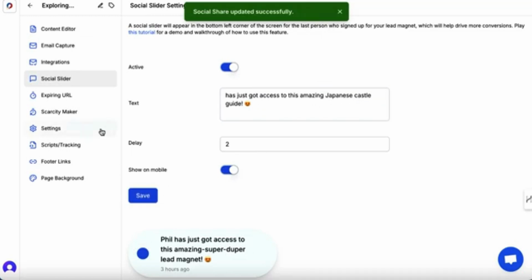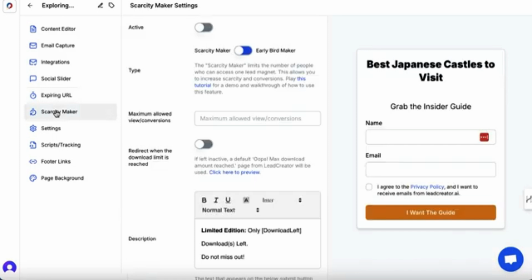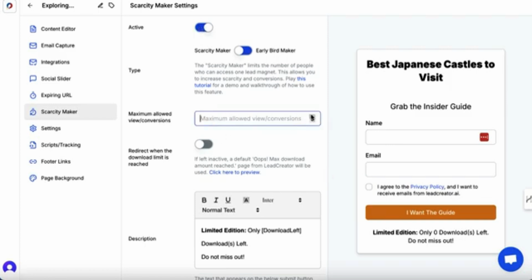We'll hit save. I don't need to worry about this expiring. You can have these expire, so they're time limited if you want to. There's a scarcity maker if you only want to have a certain number available. So I could turn this on, for example, and then I could say maximum allowed. So let's just say we only want to give 10 of these away,